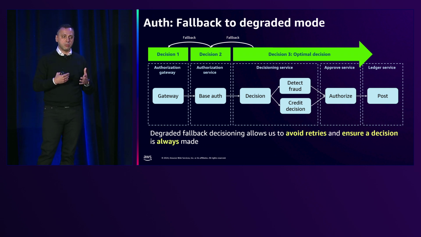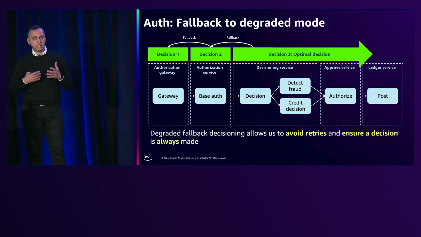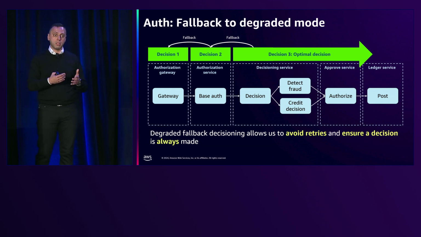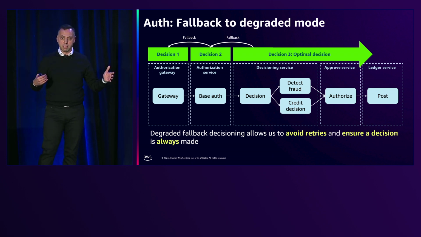So the first decision will come through, and it will be a preliminary decision. It gets passed on to the next workflow. Then the second workflow will issue an updated decision, and so on until the full execution completes. Again, under 250 milliseconds. Now, the good thing about this architecture is, in case we breach that SLA, we'll always